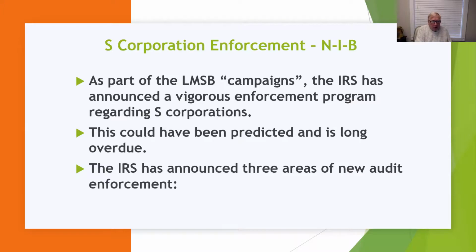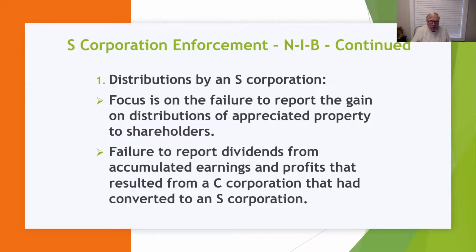The 3 areas of audit enforcement are distributions by an S corporation. The focus is on the failure to report the gain on distributions of appreciated property to shareholders. This is a big issue. For example, in lieu of a cash distribution, a shareholder is given a piece of land that substantially increased in value. Failure to report dividends from accumulated earnings and profits